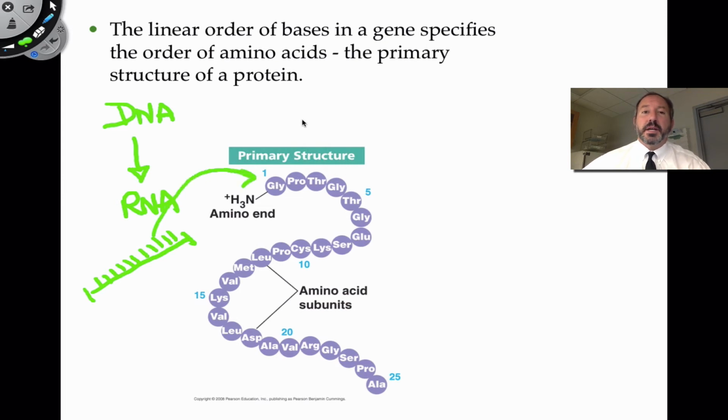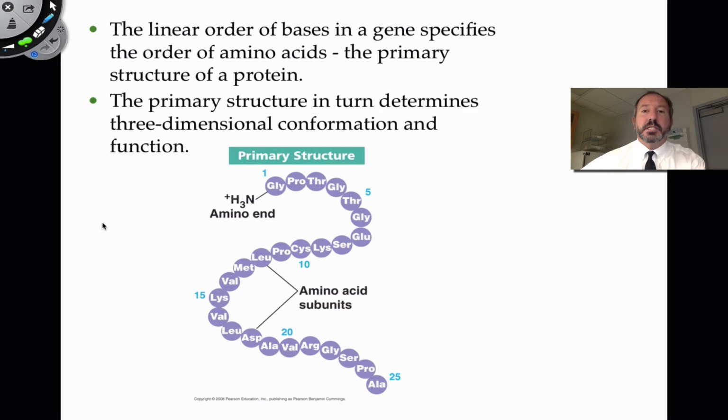Now, you may know already that there are 20 different amino acids found in living organisms. It's interesting, we can synthesize different kinds of amino acids, which is kind of clever, but there's only 20 found in all of life. And so these 20, well, the sequence will determine the ultimate folding. And so those 20 need to be spelled out. And how that's spelled out is the process of translation. In other words, how is the genetic code translated into an amino acid sequence is the question of the video.